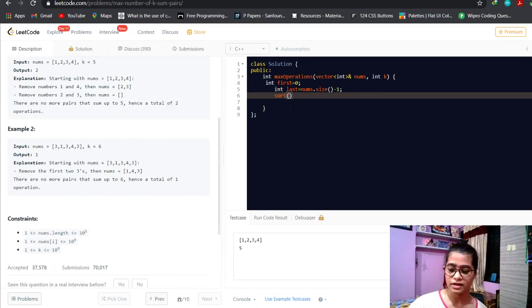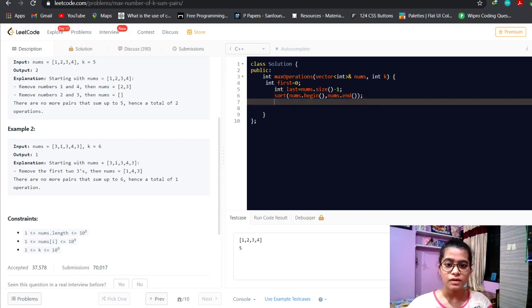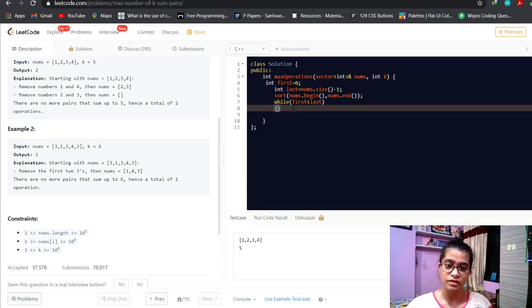So we will sort the array. And now we will check the condition. While first is less than last, then only we will traverse the array.